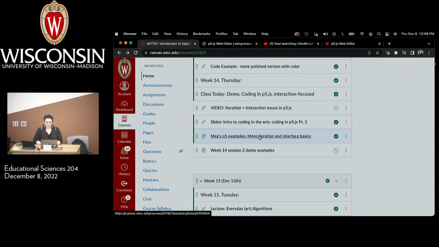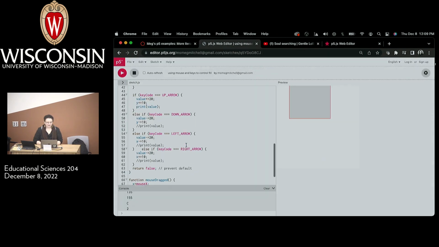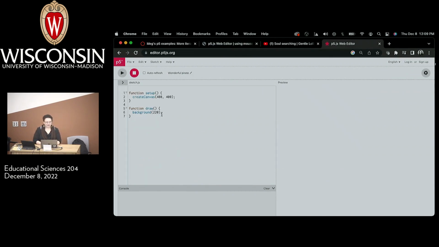So let's jump into some of these interaction and interface basics. I'm going to start thinking about just basic mouse interaction. And I have a new P5 editor open. And I'm just going to review one of the main